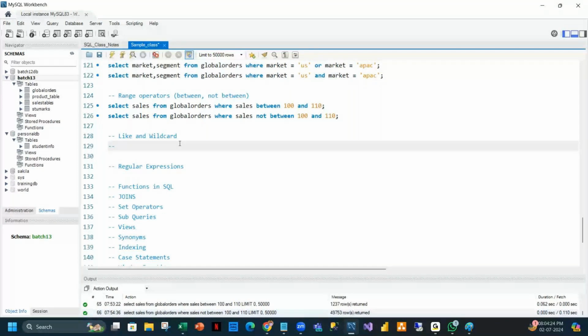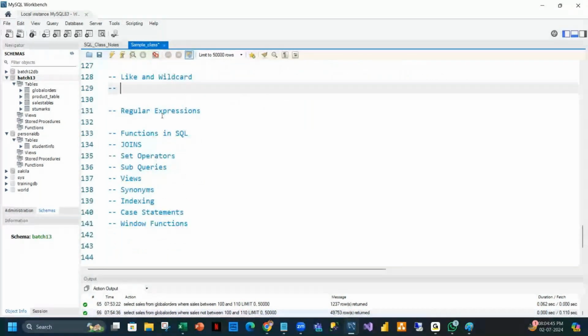When we are doing the wildcard pattern writing, we also use something called like. Fine. Now in this like, we have